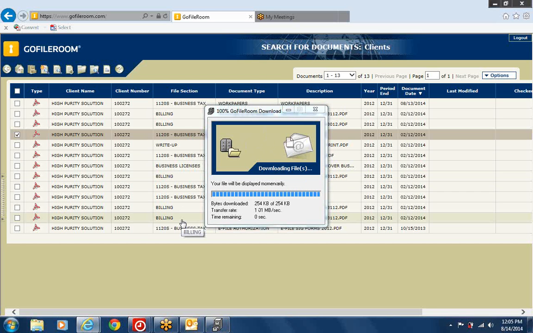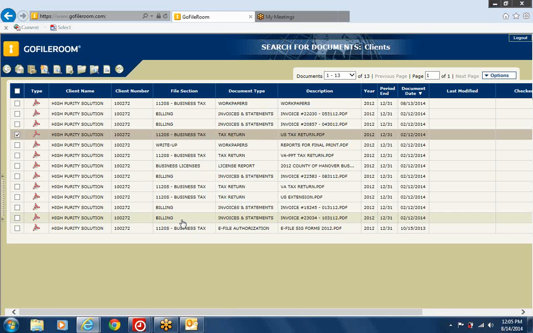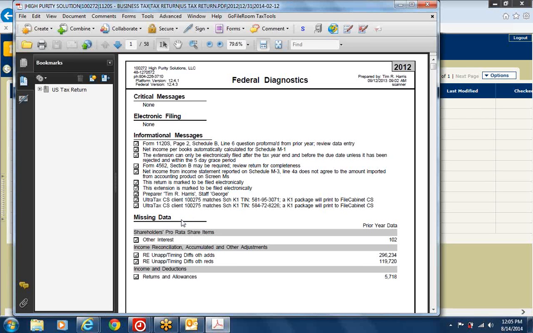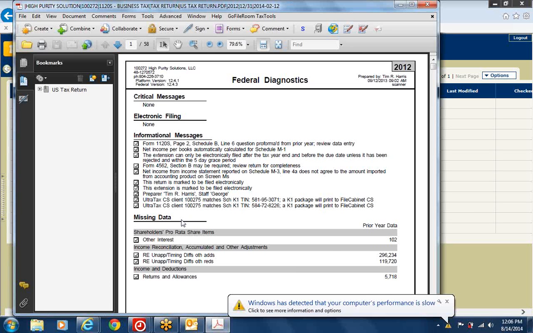Yes, Liz. What would tip me off as to which return was actually filed? If it is the exact same name where it says U.S. tax return, that most likely means that Michelle printed it. I'm saying in the case where Michelle's printed all of them, and they were paper filed, perhaps. Why would I think one was filed versus another? Okay, that is, if it gets down to that point where you're just really not sure which one was filed,